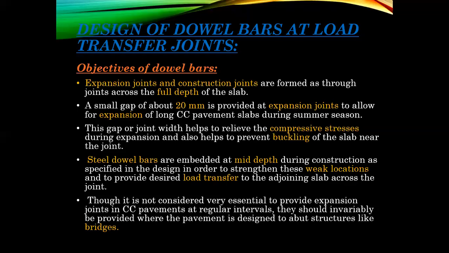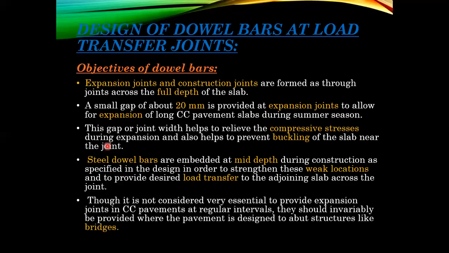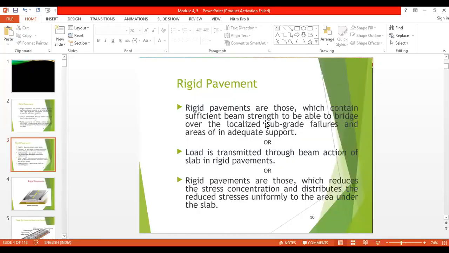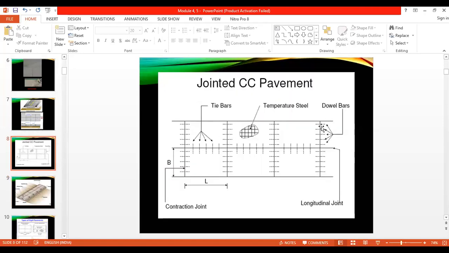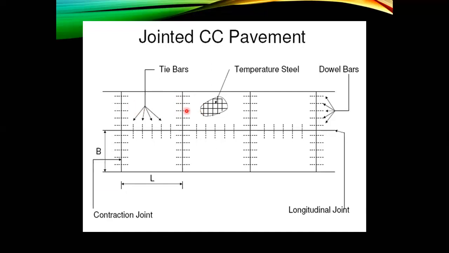Listen, in this class we are discussing the dowel bars. Sorry, not dowel joints, it is dowel bars. Where it is provided, I will once again show the figure, for the newcomers. Listen, these are the dowel bars. This is the movement of the vehicle. The vehicle will move in this direction. This is the longitudinal direction, and this is the transverse direction.